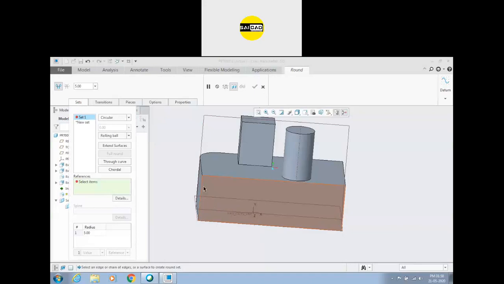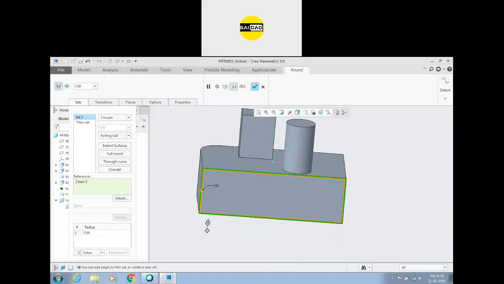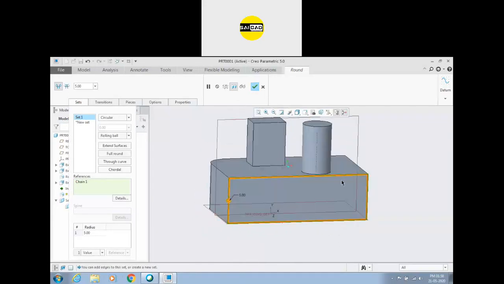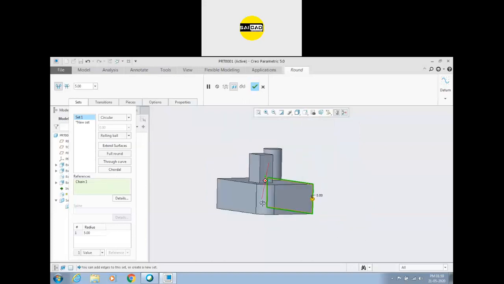You have to select one edge and select the face by pressing the shift button and the chain will be selected. So again, you have to select one edge and press the shift button and select the face, and the chain will be selected like this.